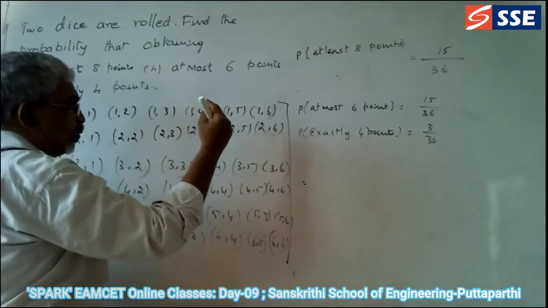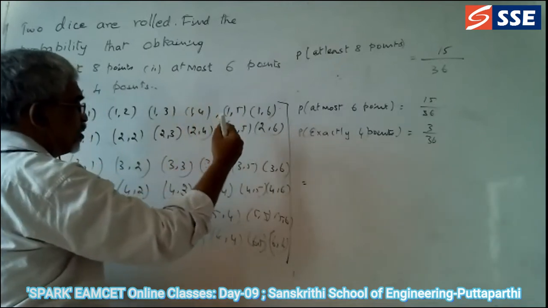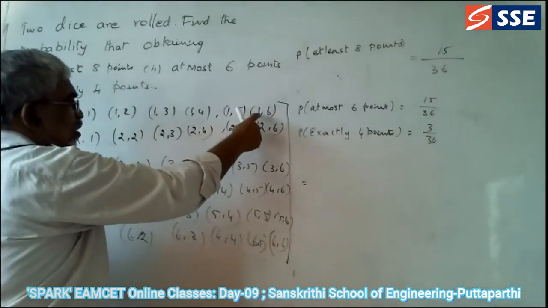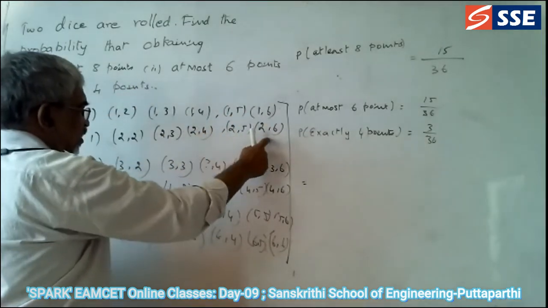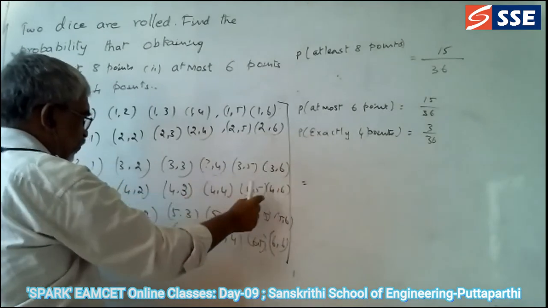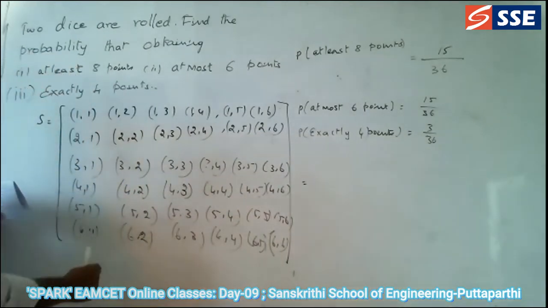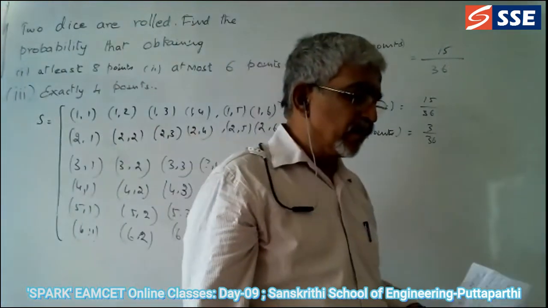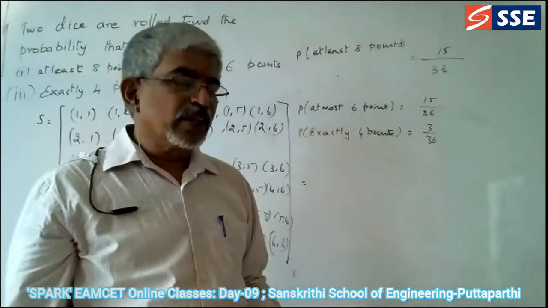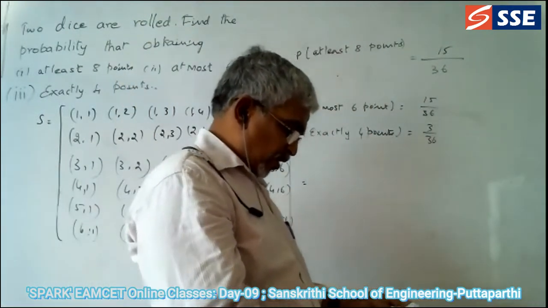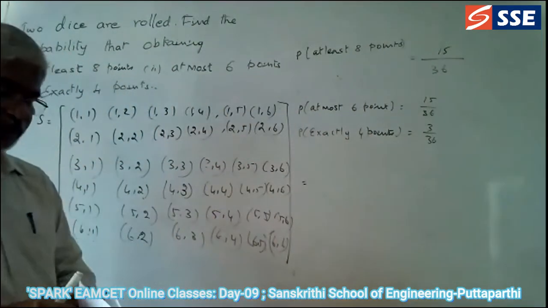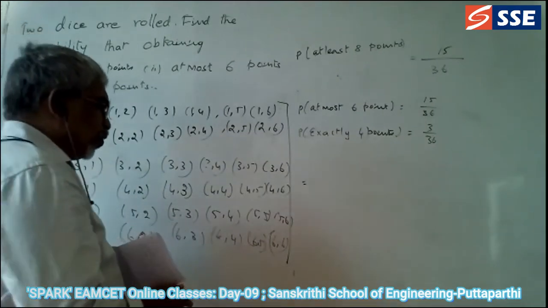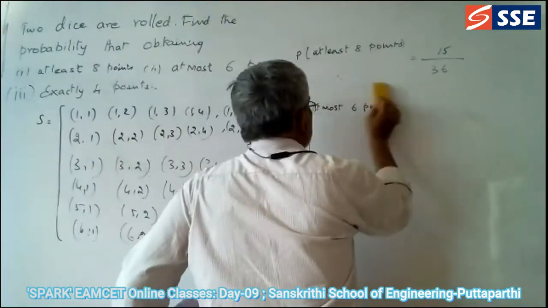At most 6 points, at least 6 points means we have to start with which is getting 6 points. Here 2 is getting 6 points. Here 3 is getting 6 points. Here 4, here 5, here 6, here 7. So this is the way, then add it, you will get the total answer. So this is the way shortly you can do these problems. Okay. So now let us go for the next problem. These are the different types we are discussing on the problems now.